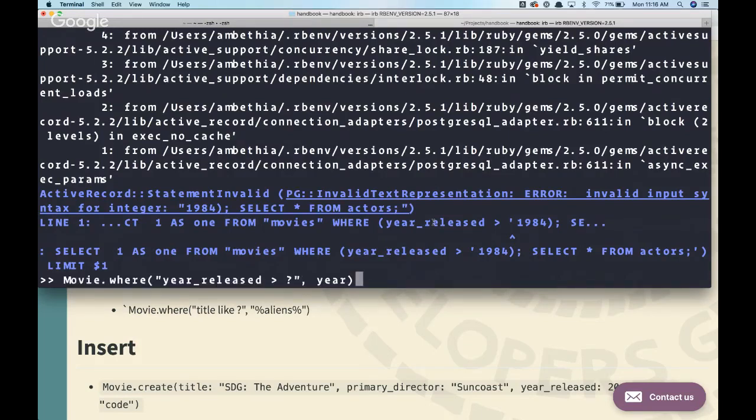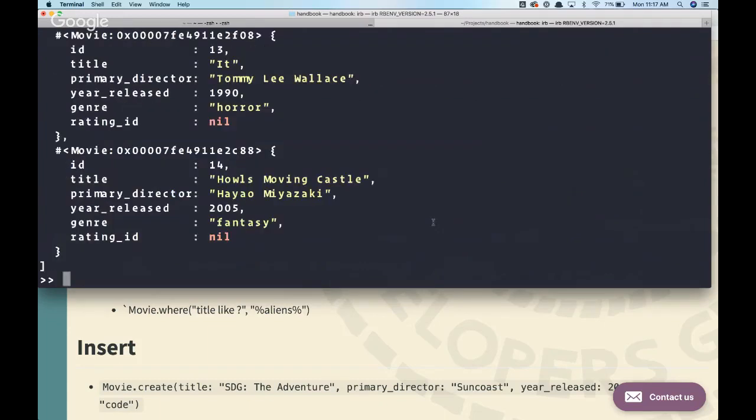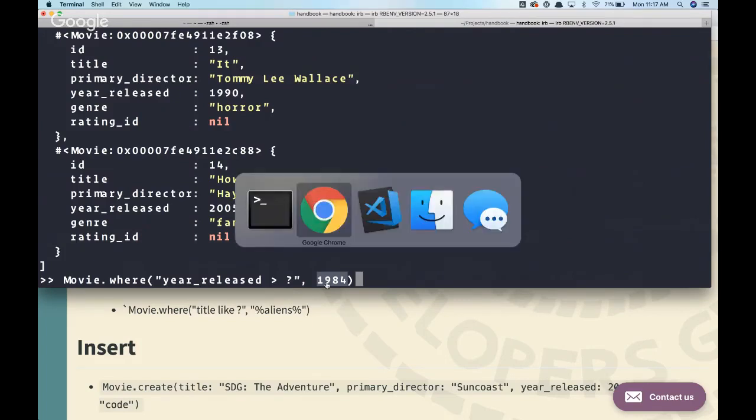So if you ever see us doing things like movie.where with the question mark, that's to avoid SQL injection. The reason we're doing this, instead of just writing 1984 there, is because this number we don't know. In this trite contrived example, we've just typed the number in here. But in the real world, that number is probably going to come from user input in some way. Either they type their name into the name field, like I'm updating my profile. So a good example of this is